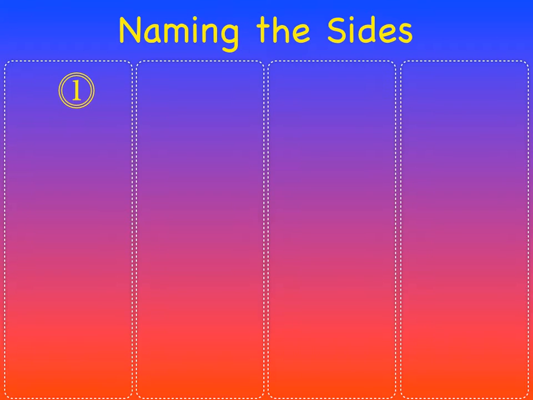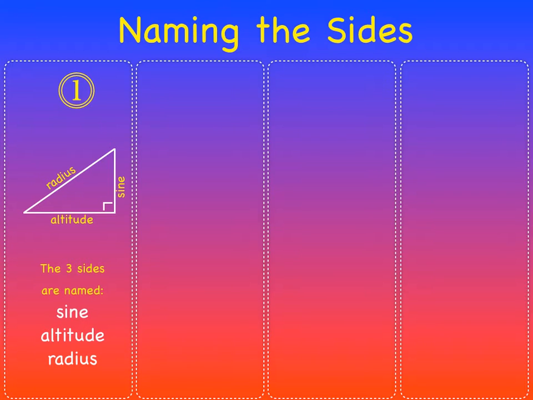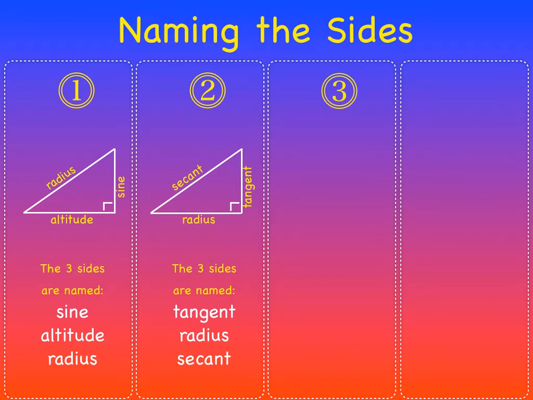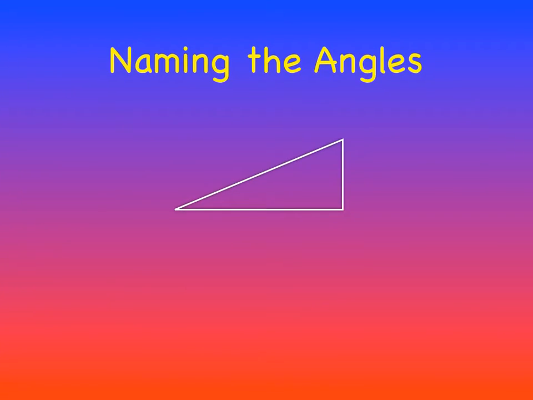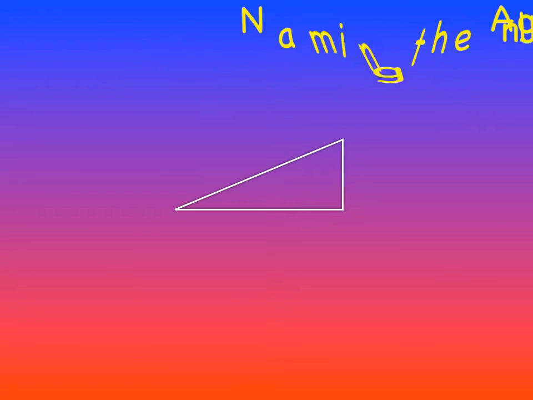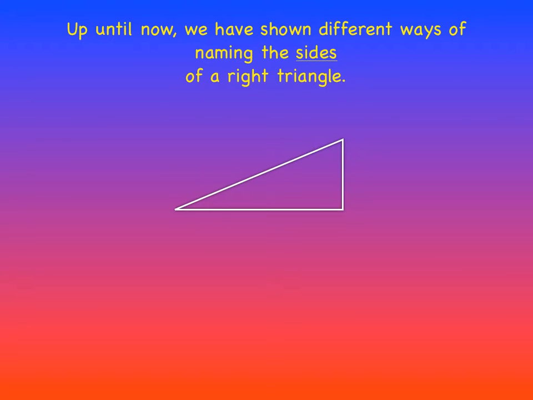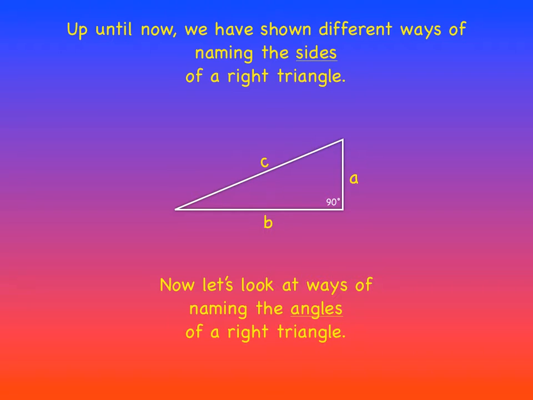So now we can look at 4 ways of naming the sides. Sine, altitude, radius, or tangent, radius, secant, or leg, leg, hypotenuse, or A, B, C. Now let's get into naming the angles. Up until now we've shown different ways of naming the sides of a right triangle, like naming them Alex, Billy, and Chris. No, just kidding. Naming them A, B, and C. Now let's look at ways of naming the angles